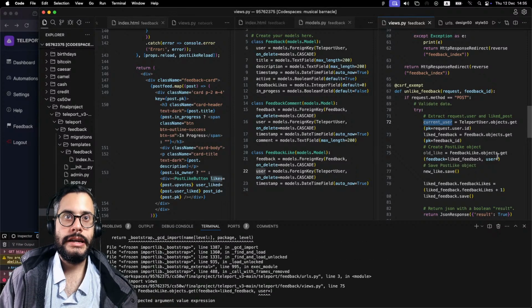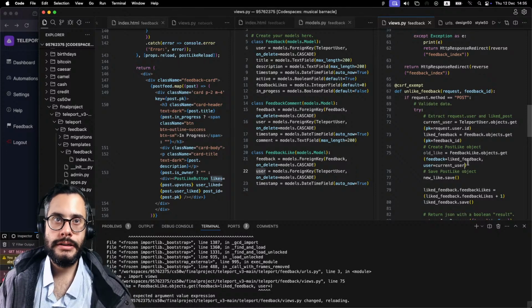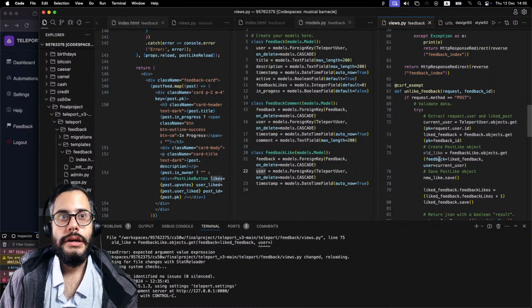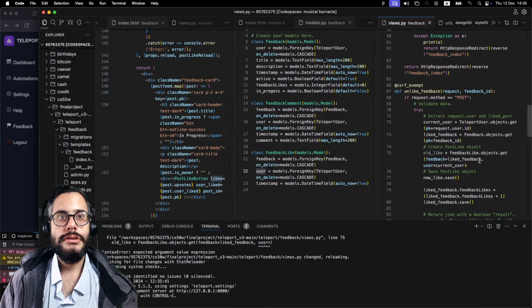Again, this is already after getting the objects, so I'm passing the objects as they are into the argument here. Feedback equals liked feedback, users equal the current user,